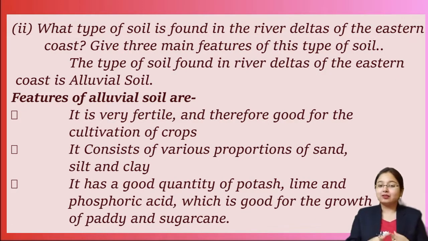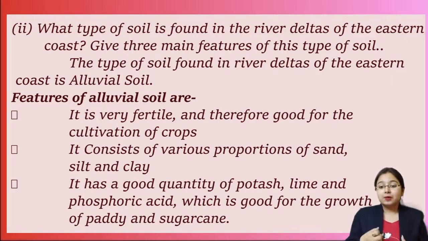First of all, this is very fertile soil. Since it is very fertile, it is good for cultivation of crops. Crops can be grown since the land is very good. Second, it contains various proportions of sand, silt and clay. And the third thing, it has a very good quantity of potash, lime and phosphoric acid,